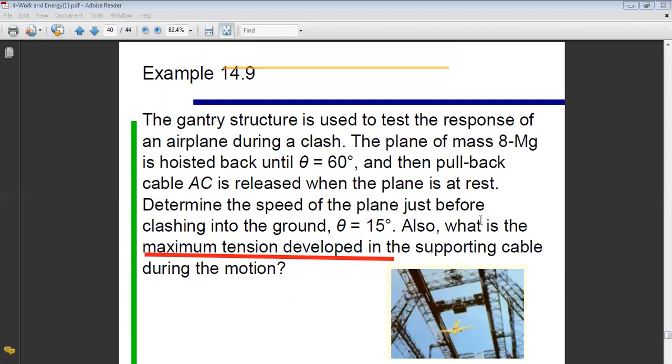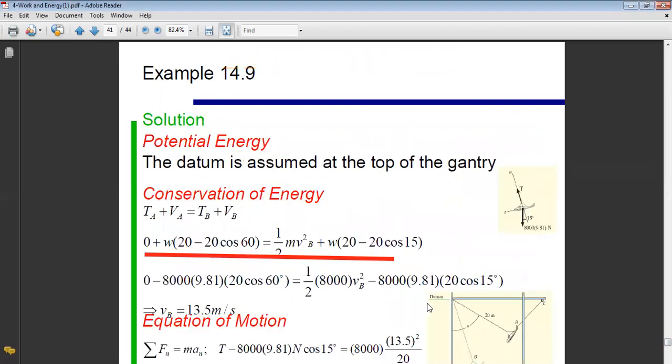So if I go back to my problem, this is the figure. I have an airplane, and initially it has an angle with the vertical of 60 degrees. Okay, and when I cut cable AC, it will be released and it will go down until reaching, before reaching zero level. And it will clash when theta equals 15. It will clash with the ground, so we will have a shock, and then we want to find the velocity of B just before the shock. Okay. Now, at any